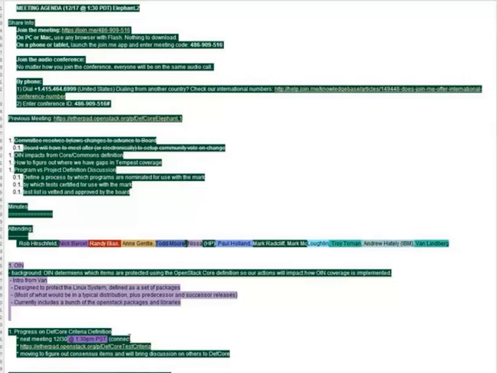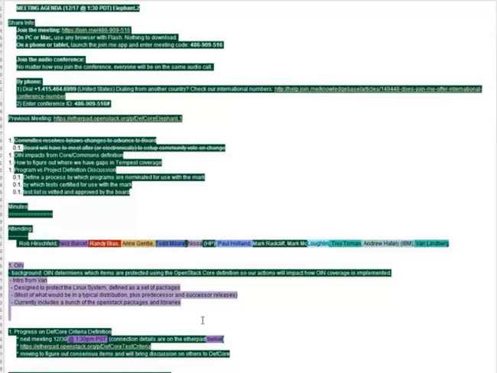Mm-hmm. So what we want, and we're also working on a broader set of patent defenses, both within OpenStack and externally facing.